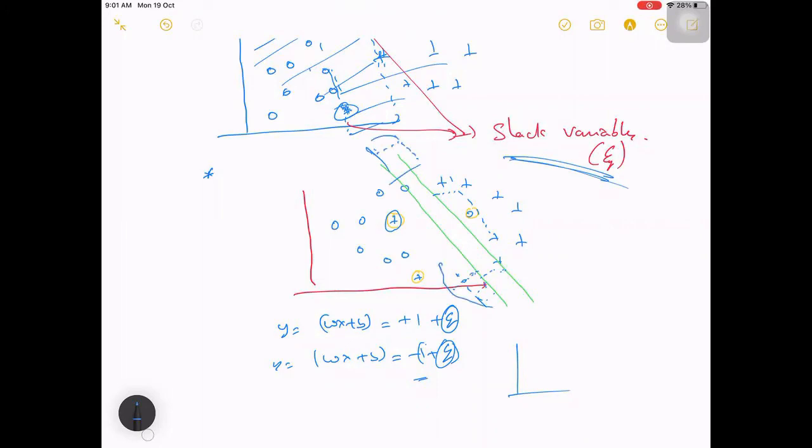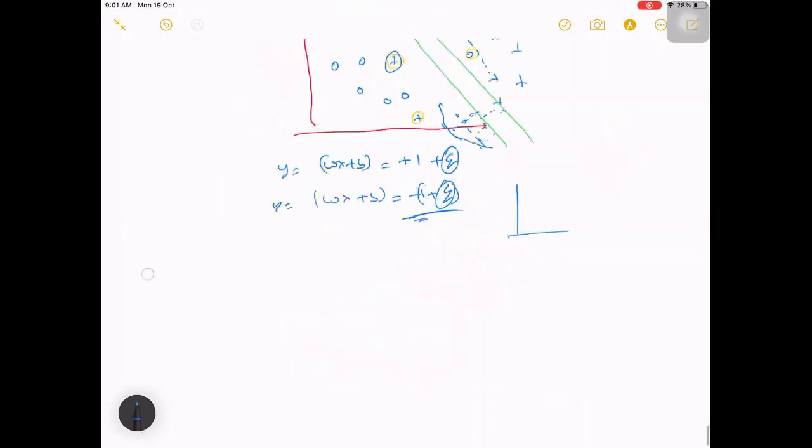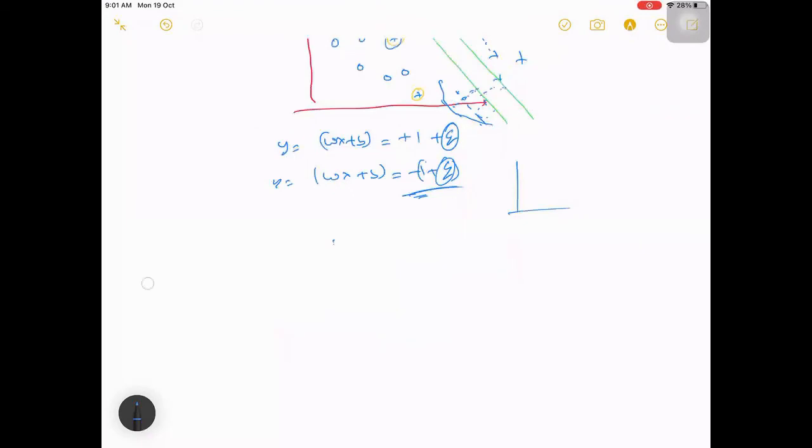It will extend your lines to some extent on the other side, a kind of shifting the margin. So this is what you have. And finally, your objective function. Previously, the objective function was to minimize the W square. Now it will add some kind of zeta, the slack square. So this will be the objective function where you'll also include the slack variables.